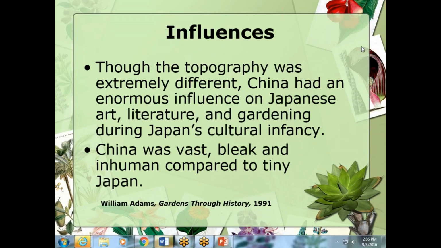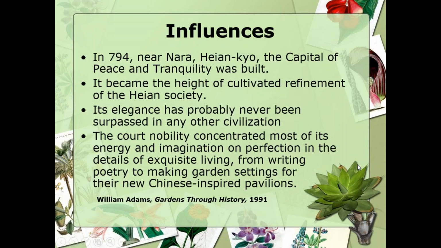Though the topography was extremely different, China had an enormous influence on Japanese art, literature, and gardening. During Japan's cultural infancy, China was vast, bleak, and inhuman compared to tiny Japan. In 794, near Nara, Heian-kyo, the capital of peace and tranquility, was built. It became the height of cultivated refinement of the Heian society, and the elegance probably never has been surpassed by